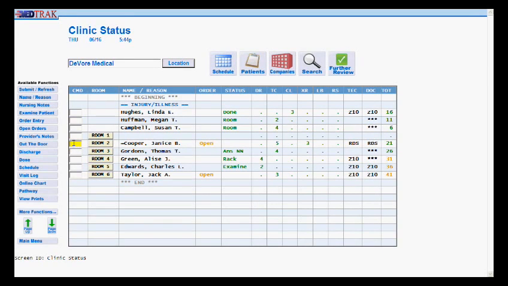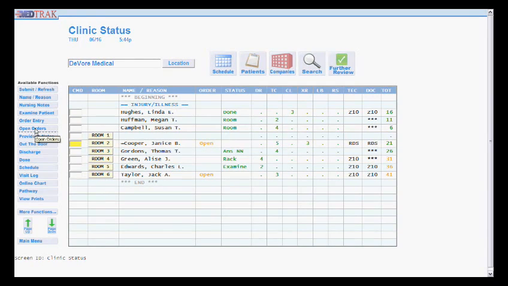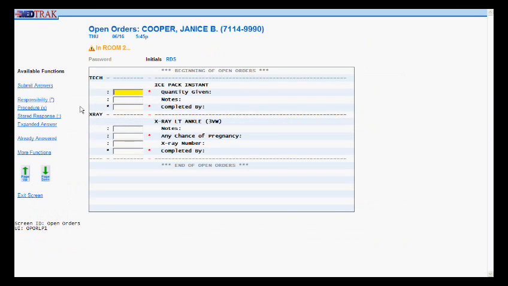The clinical staff sees that there are open orders for Janice and clicks the Open Orders button to see what they are. This shows the tech that they need to provide an ice pack for the patient. The X-ray department needs to do a 3-view X-ray on the left ankle of this patient. This shows the patient's name at the top and that the patient is in room 2. Once they document this information,